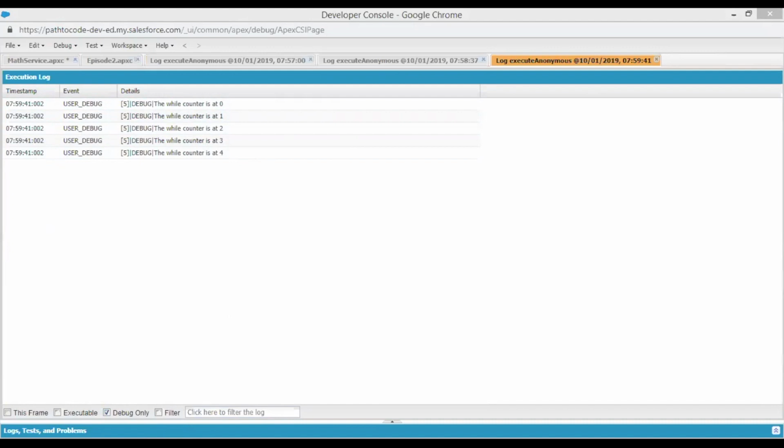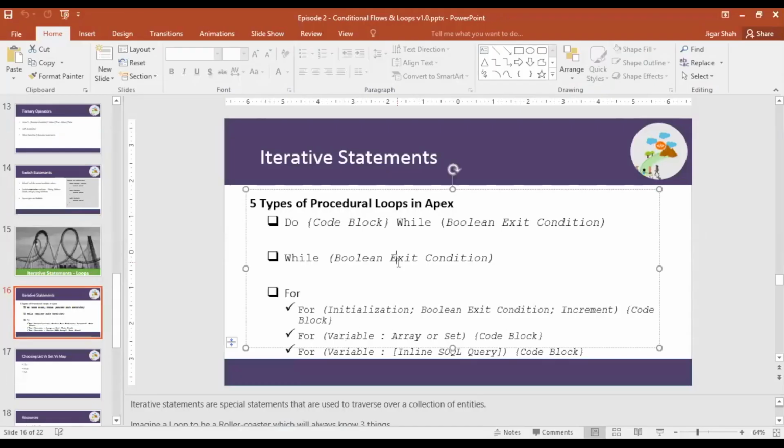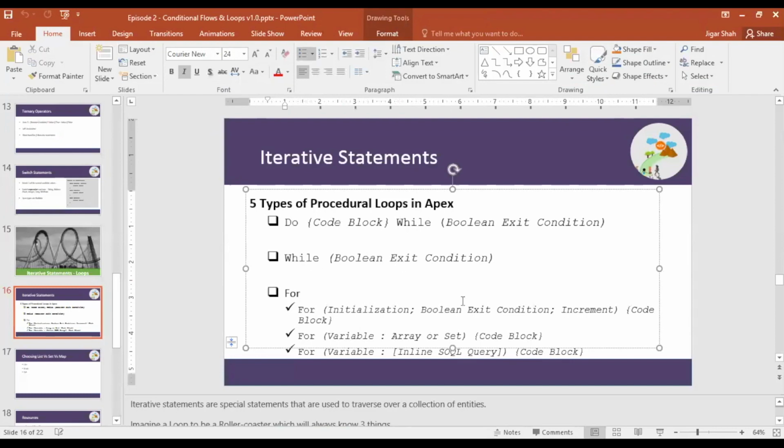switching back to my presentation, the for loop is one very powerful loop, and it has 3 variations. In fact, I would say 80% of the times when you end up writing programs, the for loop is the most common loop that you would write. So let's look at how I would write a traditional for loop. A for loop has 3 basic variations. The traditional for loop, where you can have finer control and you can access elements based on the index,